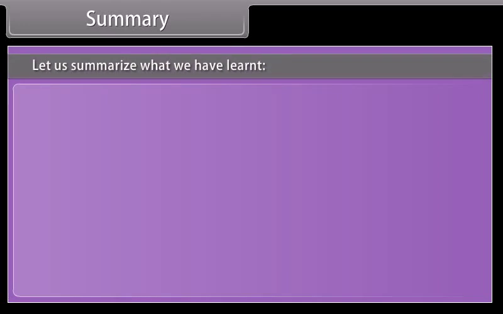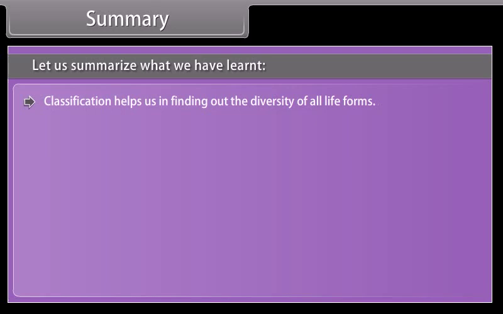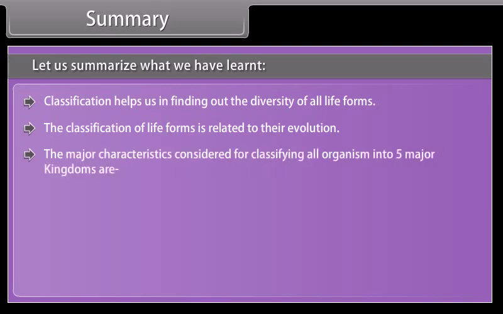Summary. Let us summarize what we have learned. Classification helps us in finding out the diversity of all life forms. The classification of life forms is related to their evolution. The major characteristics considered for classifying all organisms into 5 major kingdoms are whether they are made up of prokaryotic